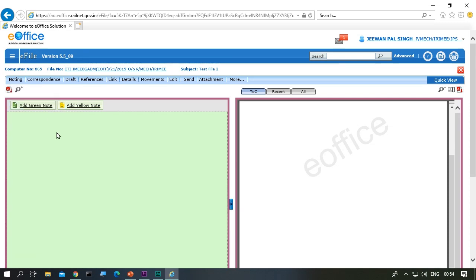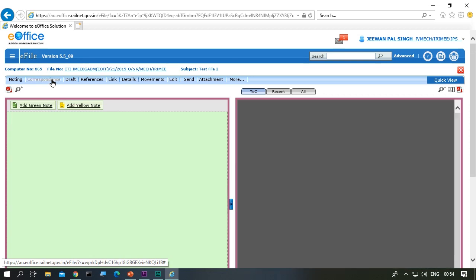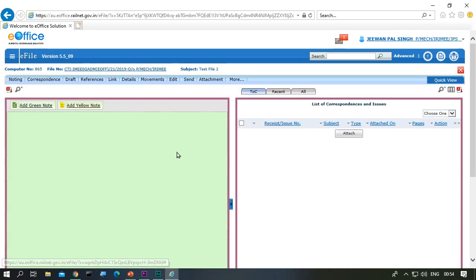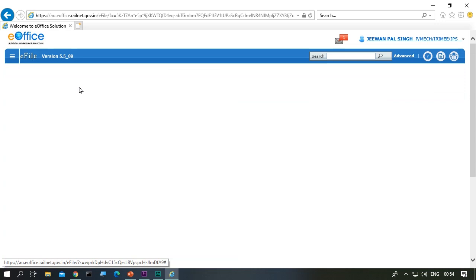This is view by name, date, and the correspondences that are attached to that CP site. There is nothing in this file. Draft is attached draft. There is no draft in that, so it will be blank.